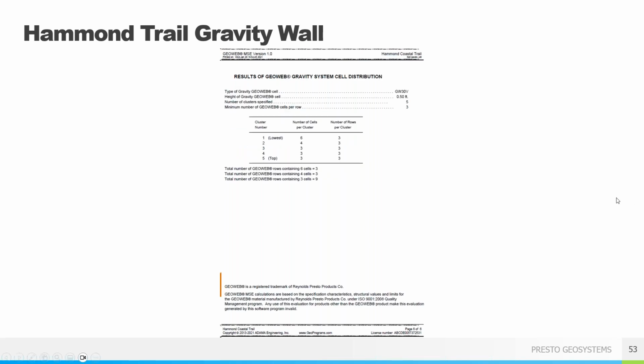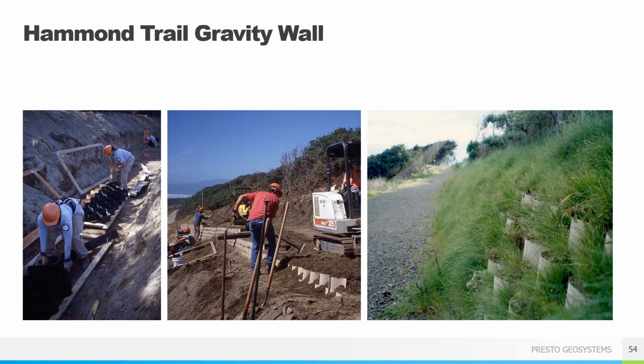And also it's going to give you a summary here of the type of the wall, once again, that height, the number of panels actually needed for height. Here you can see the number of geo rows containing 6 cells, 4 cells, and 3 cells. Like I said, I would highly recommend if you get to that point and you're having issues with them, run the analysis, but try to limit it to 2. Or like I said, just go to a reinforced wall. So if you have any questions offline or when you're looking at a gravity wall, just reach out to me. So, that's it.